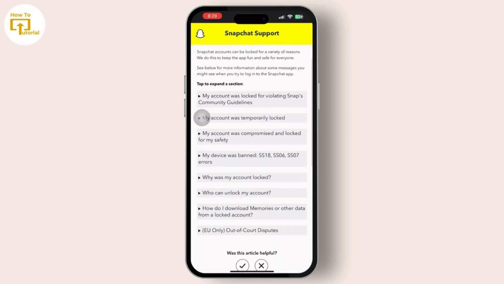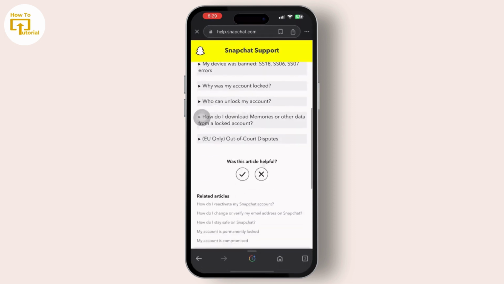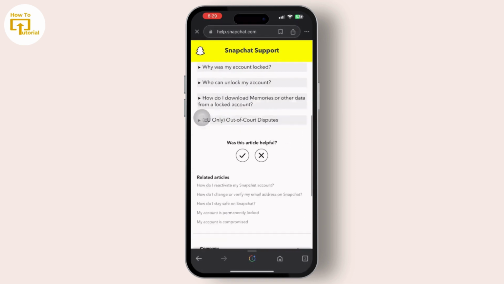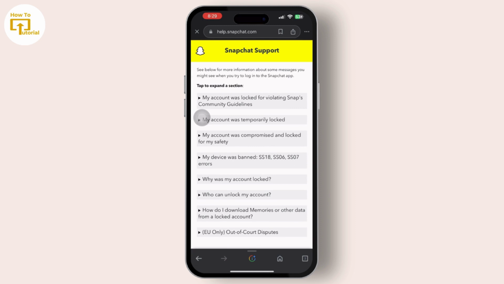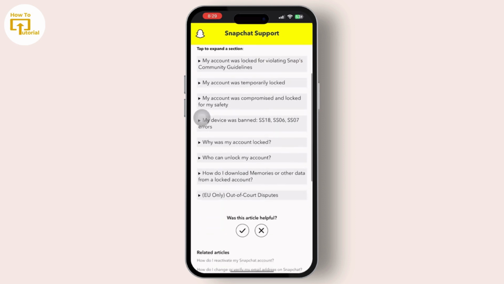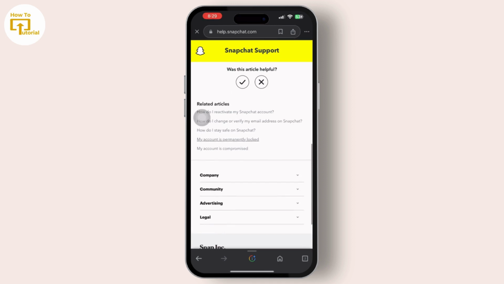Look for the "My account is permanently locked" option, but if you can't find it available there, then you can simply scroll down and search for it. So you can see here is "My account is temporarily locked" and various other reasons why your account is locked, but you should not click any of them. You should click "Why your account is permanently locked", and you can see it is written in very small font